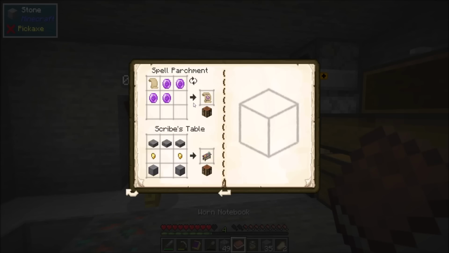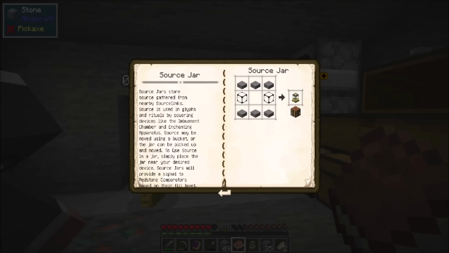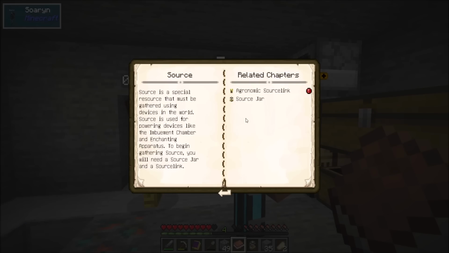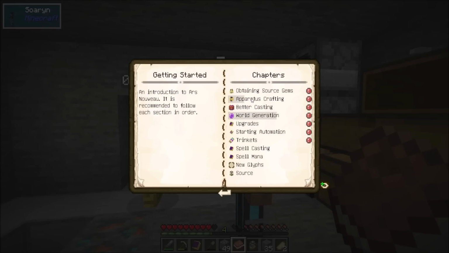Alright, remind me how I get source before I have a source thingy. Planes don't have a village? Yeah, I didn't see one this time. Source jar. Mage bloom, source berries, and arcwood sapling. Source will be output from the source link in nearby jars within 5 blocks. No bloom, meal, and crops will not grant source. Right. Isn't there a way to get source, like,